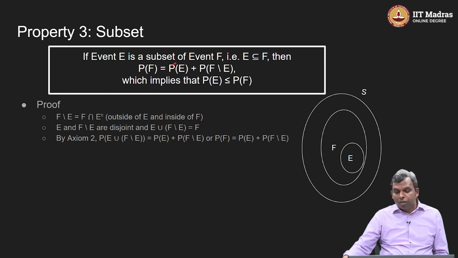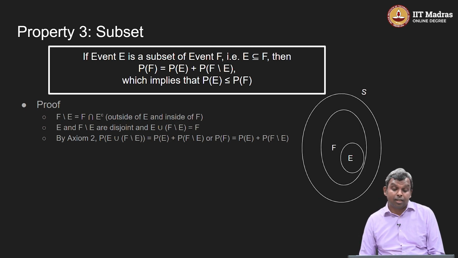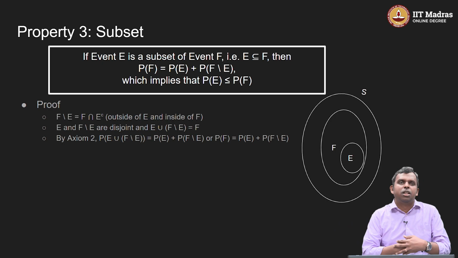So you take P of E and then add something to it, you get P of F, which means P of F is greater than or equal to P of E, or P of E is less than or equal to P of F. Okay, so these two properties are very useful. When you have a subset, the events will sum up like this, and that's a property that the probability function satisfies. Okay, more than anything, quite often in a complicated problem, you may have an event